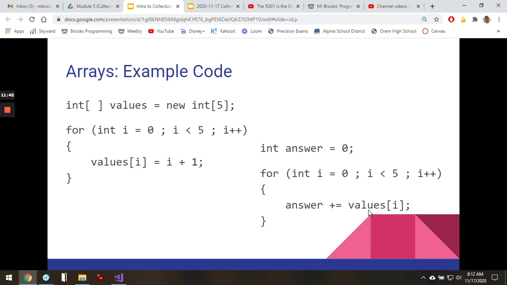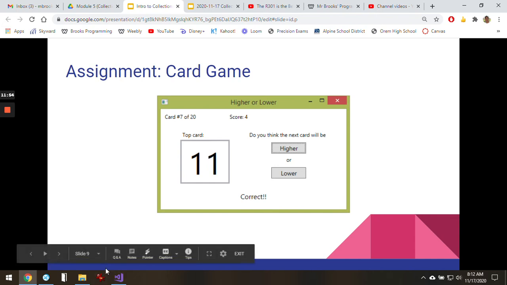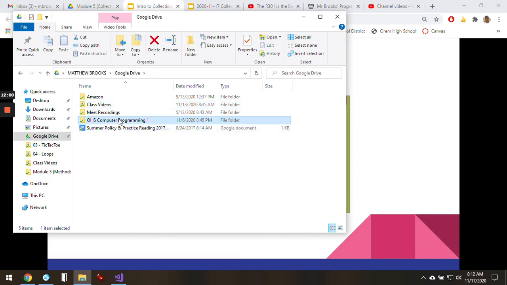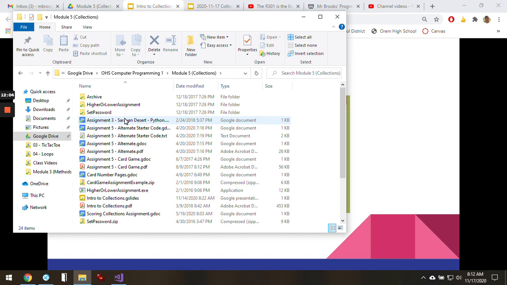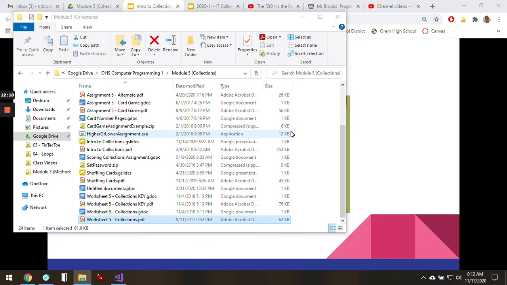I'm looking at your eyes, seeing if you're getting it. Okay. Before we go to the card game, we're going to take a look at the worksheet. Go ahead and pull out the worksheet if you don't already have it. Todd. Random question, but could you pretty easily make a chessboard on